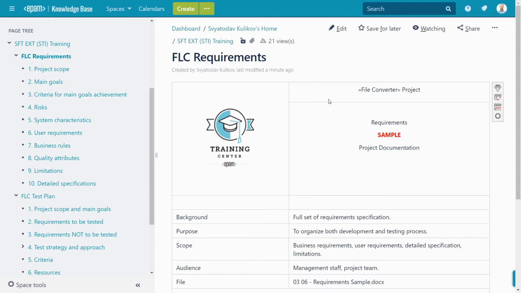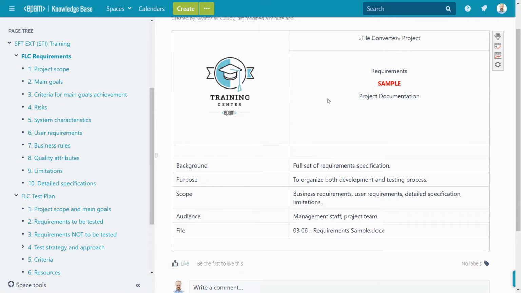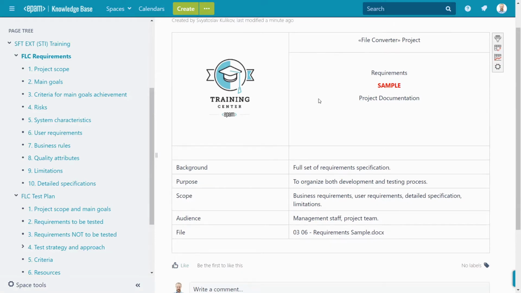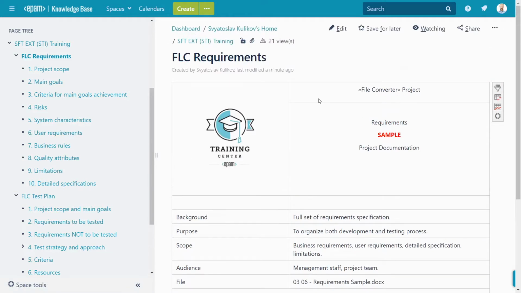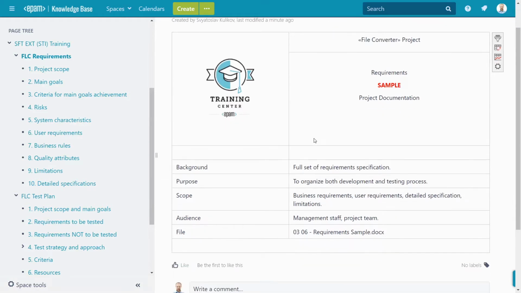So, these requirements are specifically created for an educational purpose, and these are requirements for some specific imaginary project like file converter. And here we shall review sections of typical requirements.